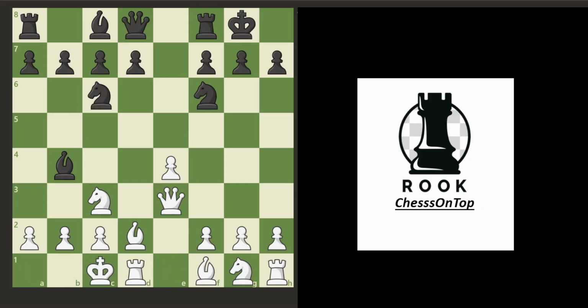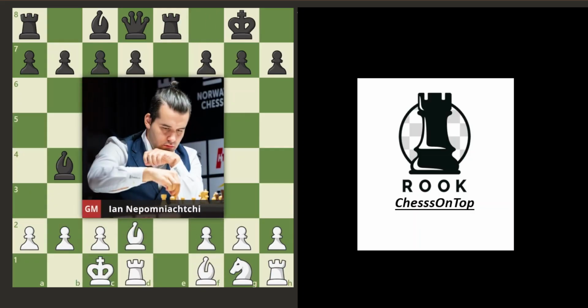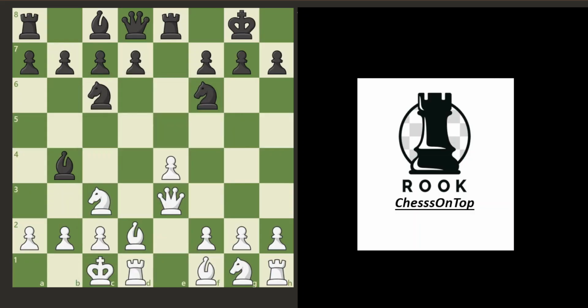White is hoping to generate attacking chances on the kingside, but this is not so easy to accomplish against Black's active forces. Black's most promising idea is to intensify the pressure against White's center with rook e8. Grandmaster Jan Nepomniachtchi, one of the few grandmasters willing to occasionally defend the white side of this position, has tried two different